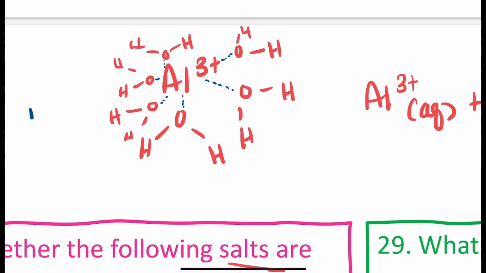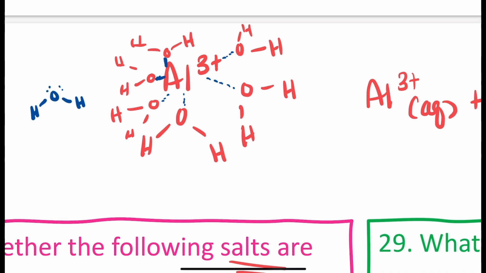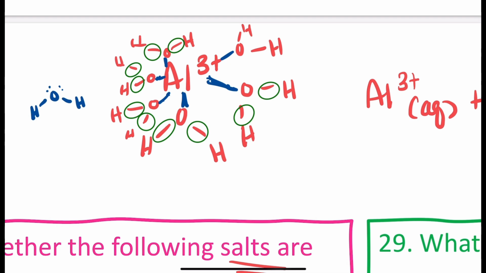Okay, make sure I do them all. Another water molecule comes along, and because of the attractive force between the oxygens and the aluminums, these oxygens aren't treating their own hydrogens very well. So these bonds between the oxygen and hydrogen here are weakened. These bonds here are already polar bonds, right? But they're becoming weakened even more so because the oxygen's pulling all of its electron density